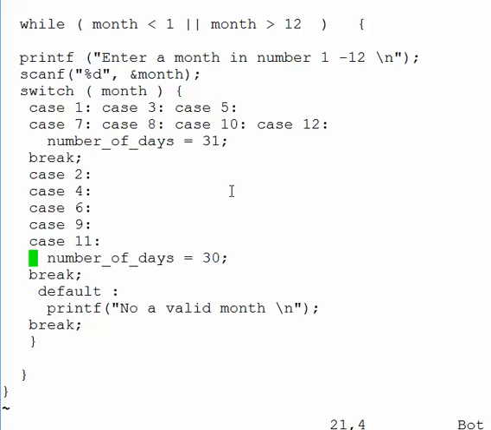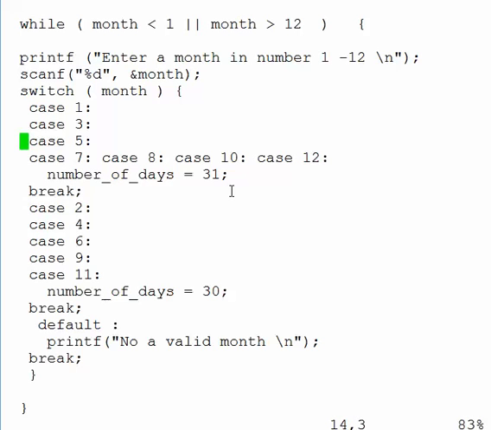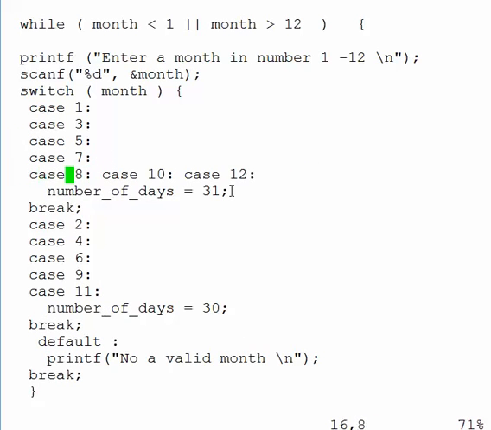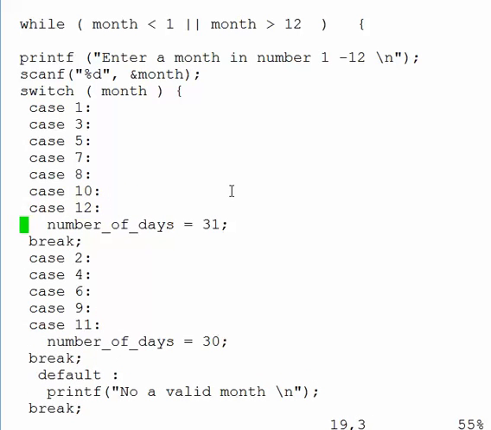If you see here, let me actually put them into a different line. If you see here, the similar kind of groups, case values 1, 3, 12, and the statements followed by